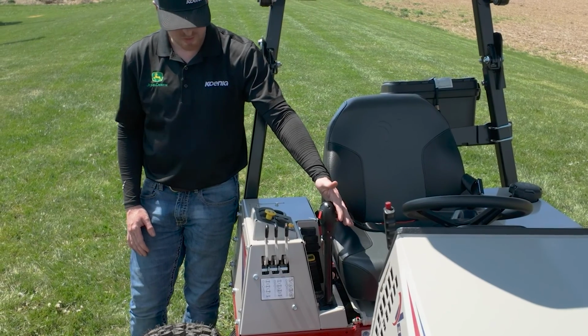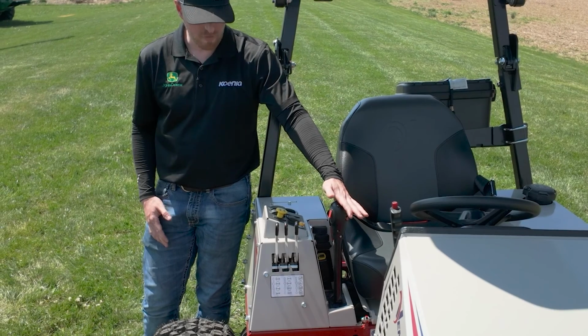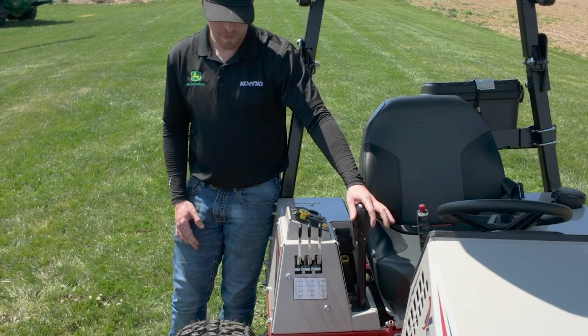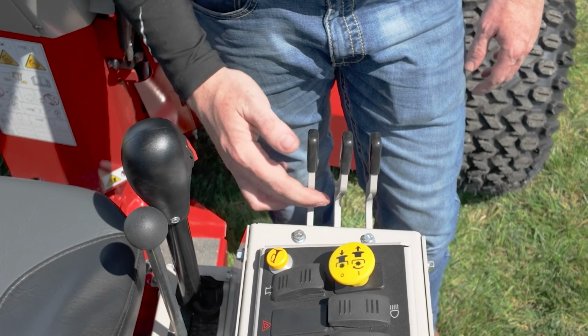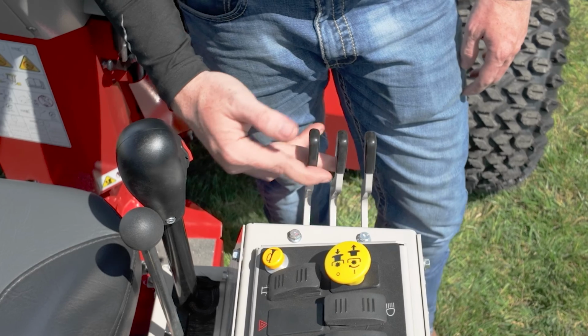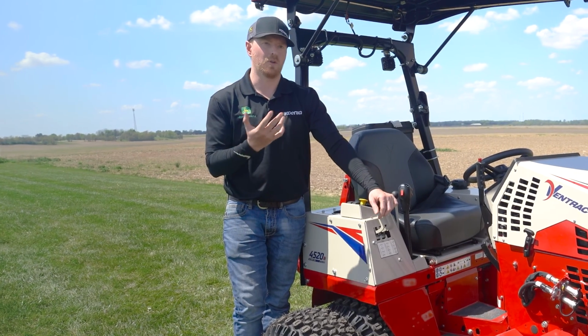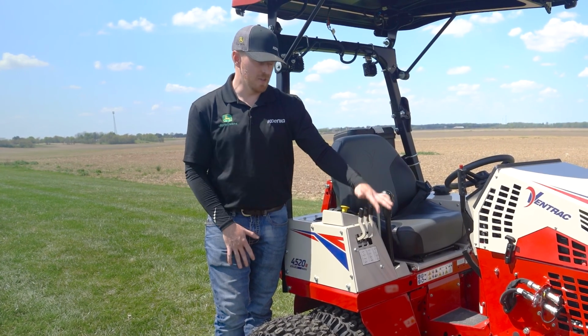This red switch here is set up to operate the 12-volt kit on the front. So if you don't have that, you won't see this setup. Otherwise, this is what you would see on a 12-volt kit. We've also ordered this unit with the optional 3-point hitch. The nice thing about this is we can do this from the factory from Ventrac, or we can do it as an aftermarket install. Whether you're ordering a Ventrac from us, or you already own one and want a 3-point, this can be put on